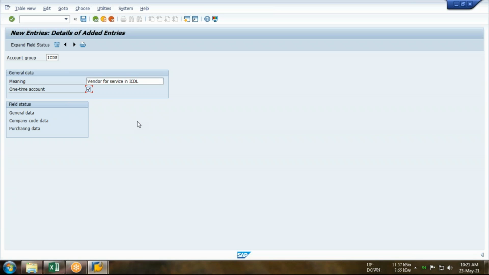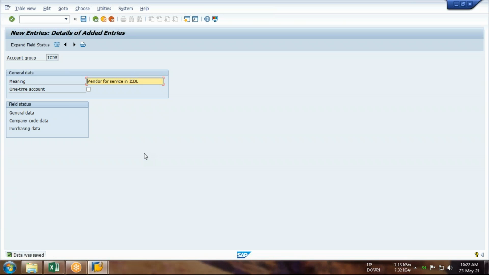Meaning, for vendors with whom we will not work for more than 1 year, and I get a list of such vendors, I need to create a separate accounts group, because in the balance sheet I need not maintain the balance year after year, as from next year onwards I'm not going to buy anything from them. So you should maintain a separate accounts group for that, and while maintaining it, please click on this option one-time account. After 1 year, the vendor will automatically be nullified from your system. Okay, so this is the facility available in SAP. You can avail of that if you have this kind of transaction. If you don't have, no need to click on this. Okay, and save.